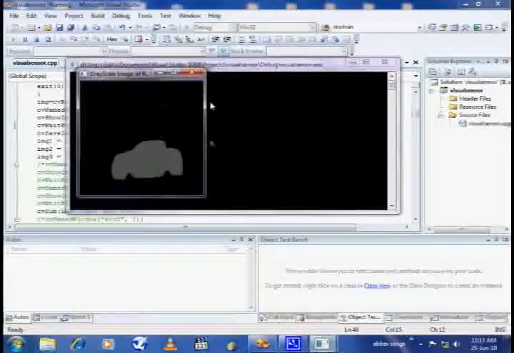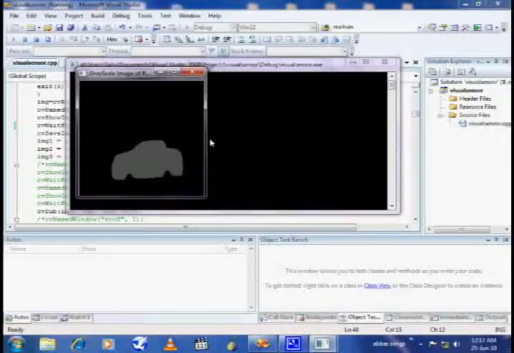After that, we apply grayscale on the image, and when we apply grayscale on the image, we see our object of interest with the filled image. This is the result of the grayscale that we apply on our object of interest. After grayscale, we apply canny edge detection on the object.